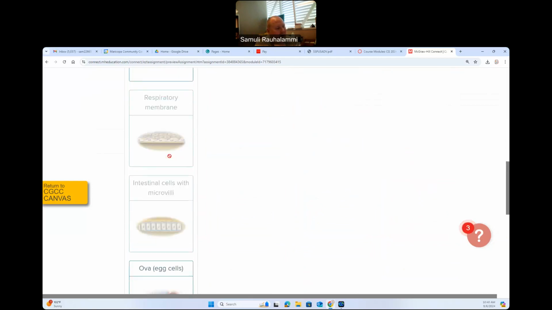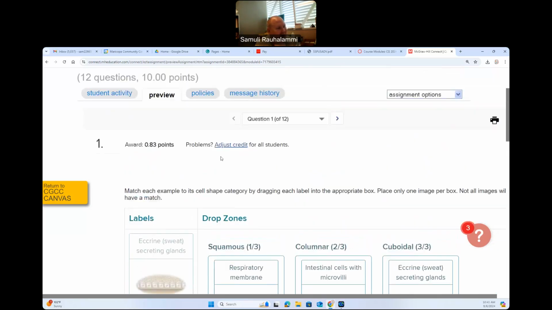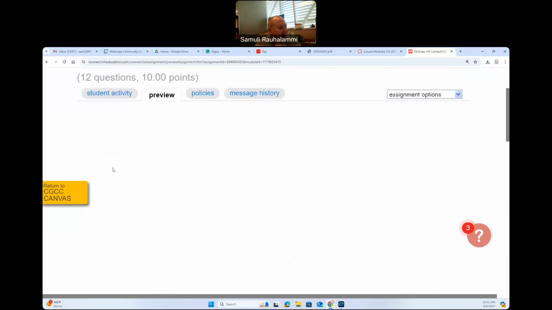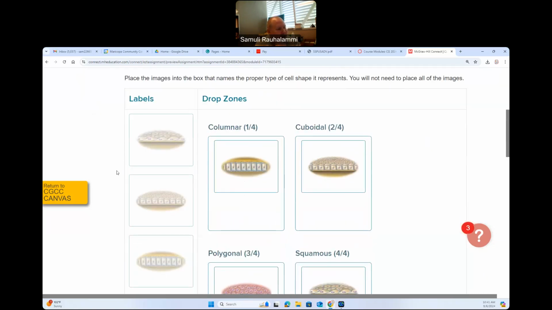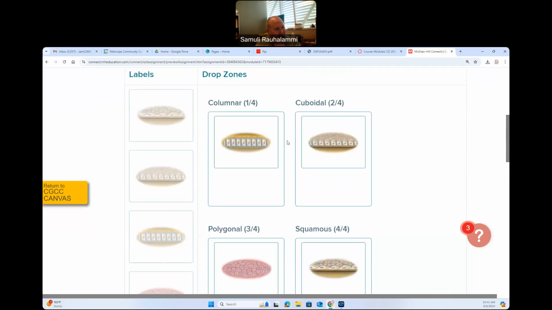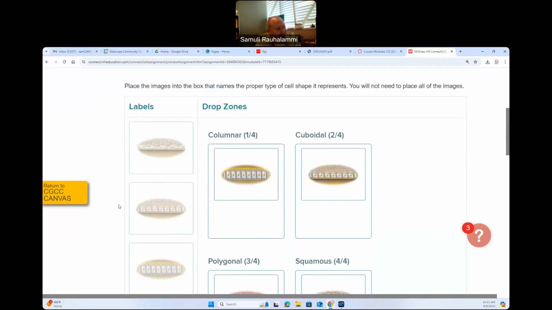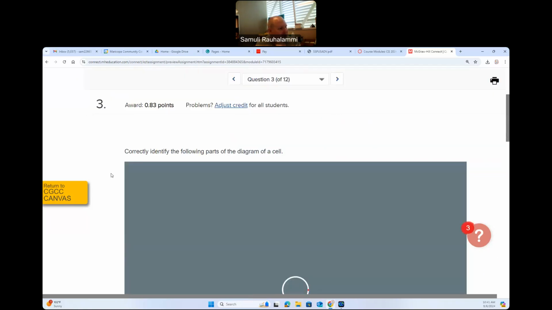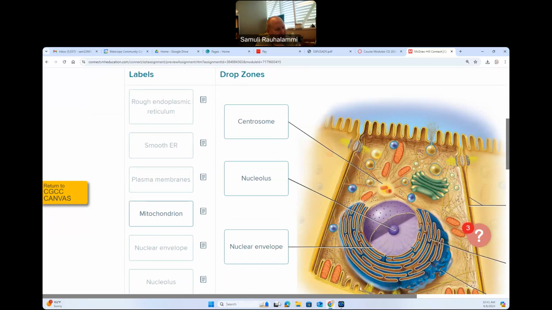Notice we also have some distractors there. Some of those don't actually fit into those groups that you're being offered, so they are worthwhile to look past. This next question continues very similarly. You're being asked to look at the shapes of the pictures that you're being shown and classify what types of cells we're seeing there. We're seeing our good old friends columnar, cuboidal, and squamous. You're learning a little bit more of some of the other ones too. And again, remember, use your textbook to guide you. This is a worthwhile activity in that sense.